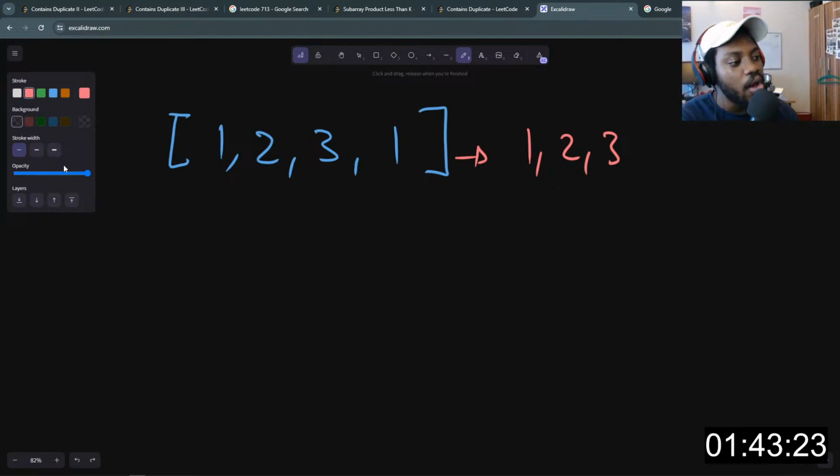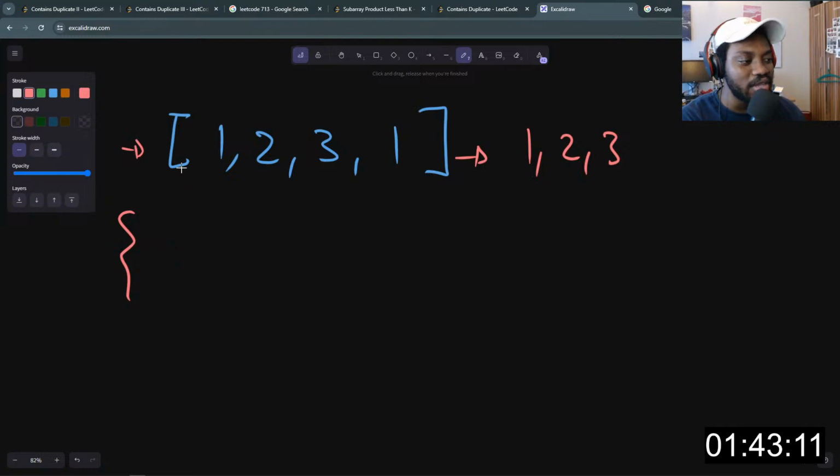Like I said, we can have each element with their corresponding amount of time or frequency they appeared in the array. So by frequency is simply creating a dictionary with the item, right? In this case, this will be 1. And then how many times have we seen 1 so far? We've seen 1 once, right? So we add 1 here, and then we move on to the next number, which is 2.